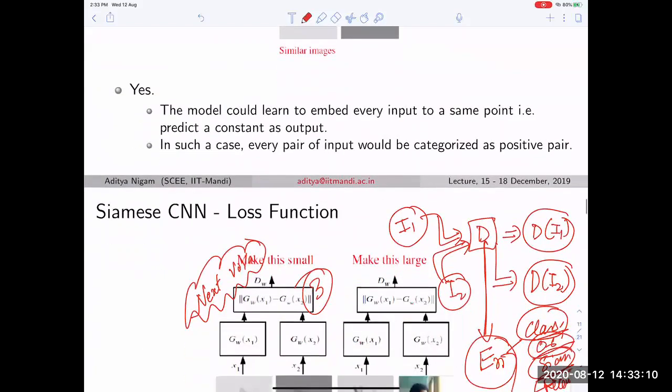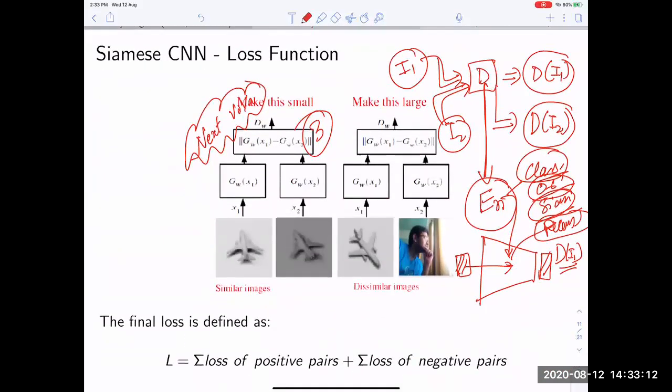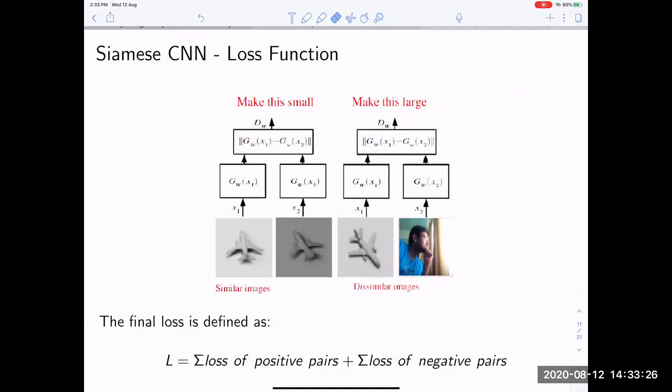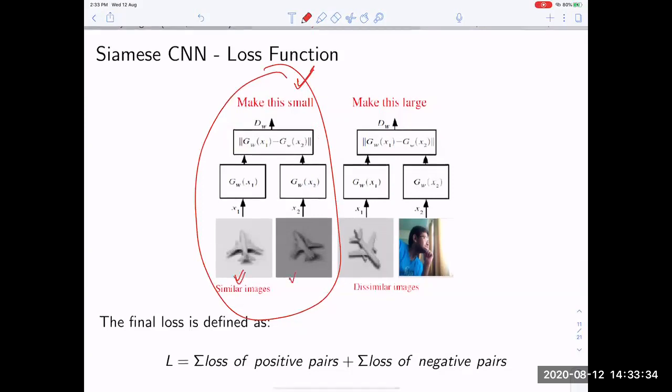We all understand that the problem is that it's only a one-sided loss. The loss has to be bounded every time, and it has to be a two-sided loss: you will have to get things close and you will have to take things far. If you train only via this loss, it will understand that every time they show me similar images I need to give some low value. You are expecting that the low value should be 0, but it becomes smart and it will